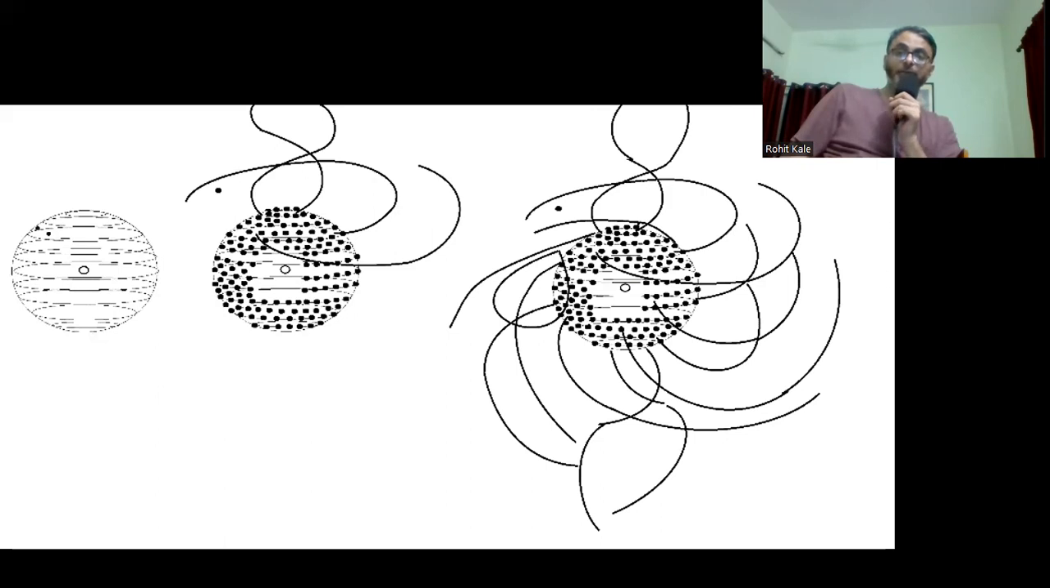So dynamic general relativity, you can imagine that in the center there is a huge amount of destruction happening, 10 to the power 10 to the 10